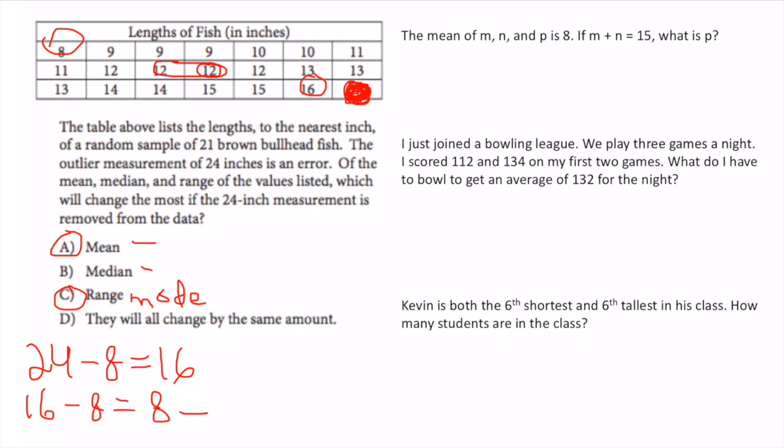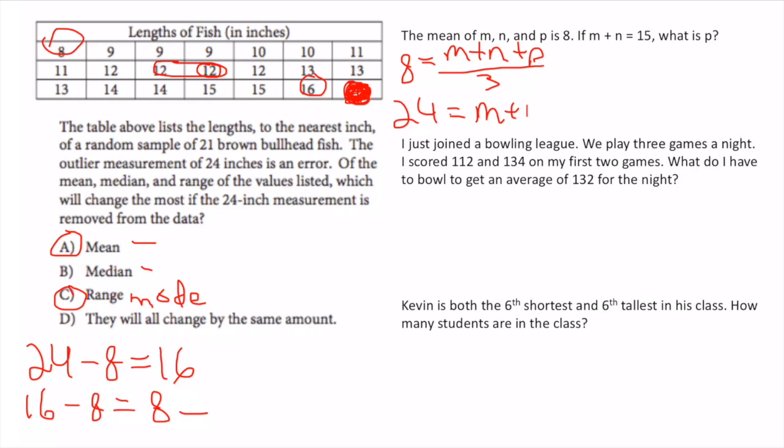Here are some mean and median questions on the right. The mean of m, n, and p is 8. If m plus n equals 15, then what is p? My mean is 8. This is going to equal m plus n plus p divided by 3. So I know that 24